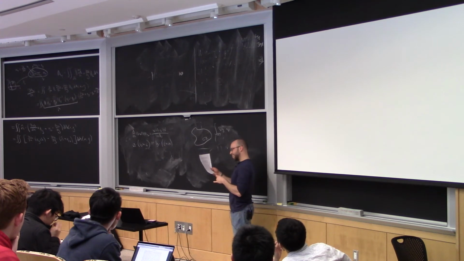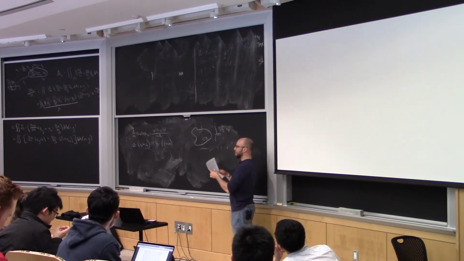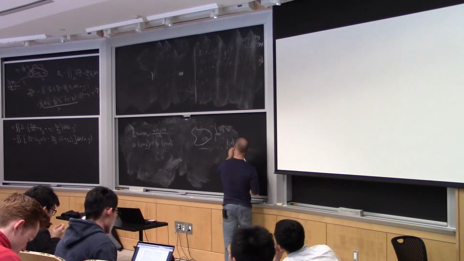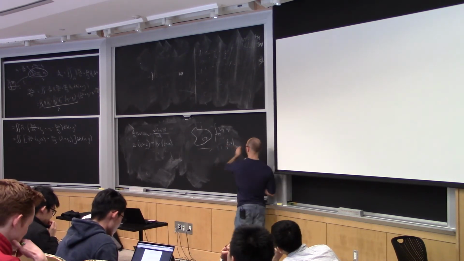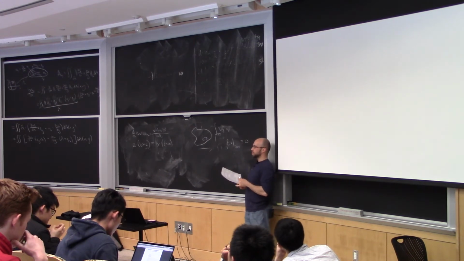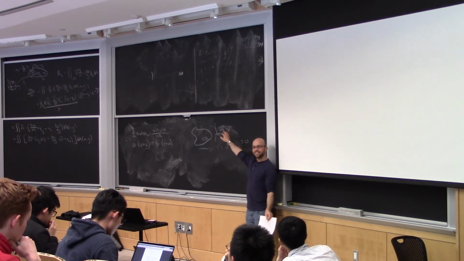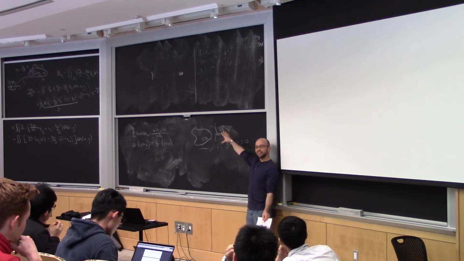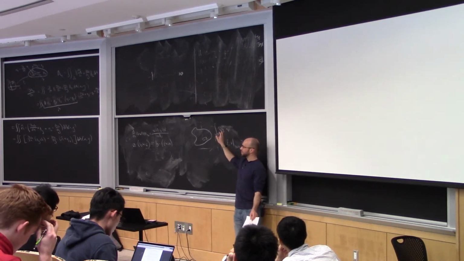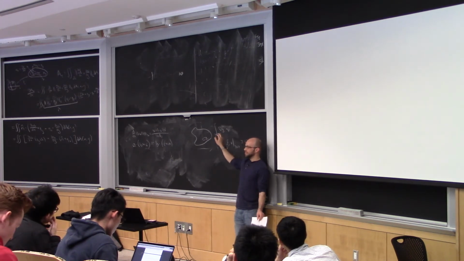I told you this is going to use all the things that we don't like to use. And furthermore, let's assume that f and v, just for laziness, restricted to the boundary of the domain, are 0. Okay? So anytime you see a formula like this in this class, this should be screaming out to you, because I have a derivative of one thing times another, and there's only one thing we know how to do, which is integrate by parts.